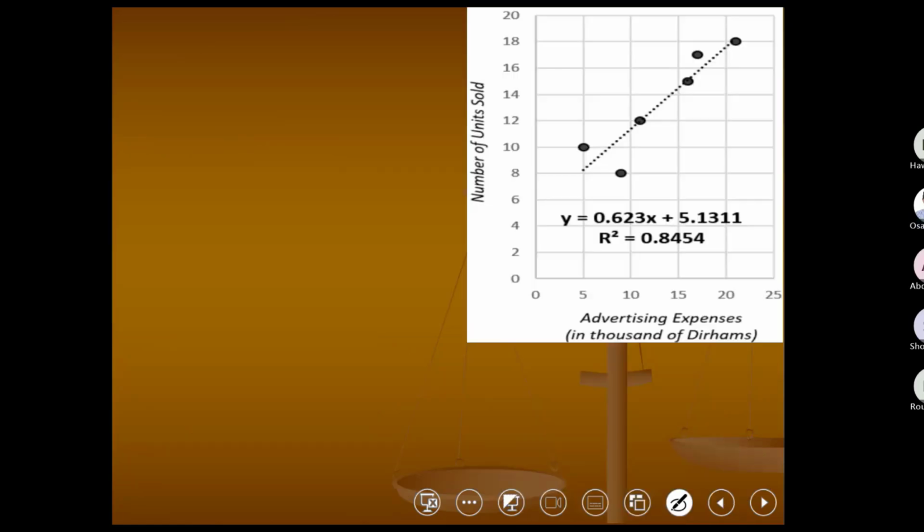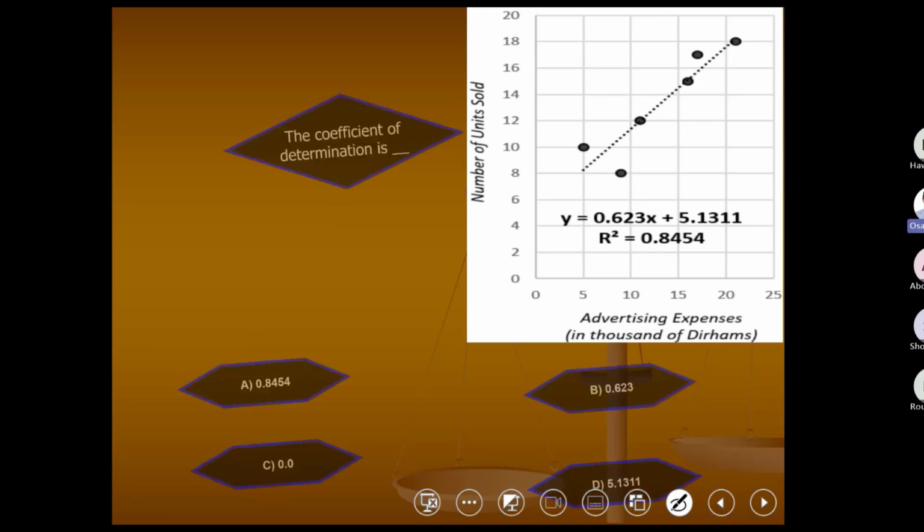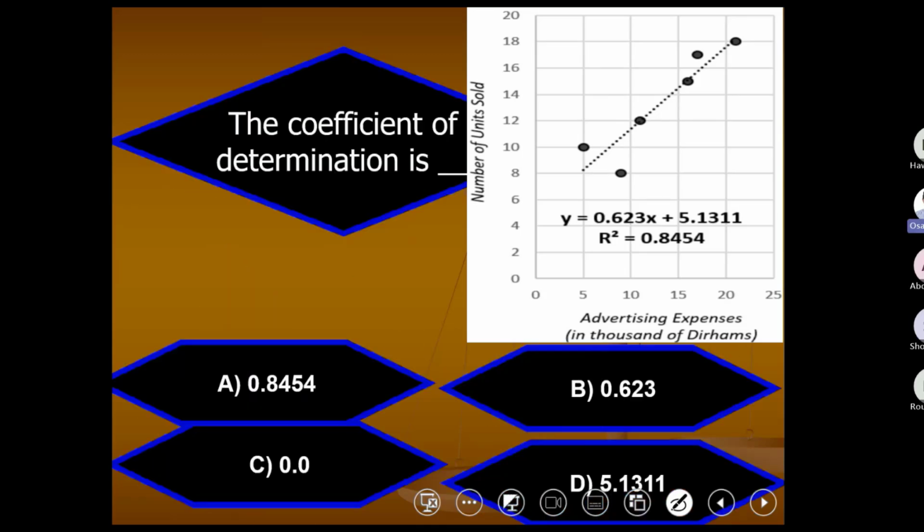Perfect. Now, no need to use your calculator right now. Why? Because he's asking you what is the coefficient of determination. I know the coefficient of determination is r square, or capital R square if you like. So he gave me the r square over here. So no need to calculate anything. So the right answer is